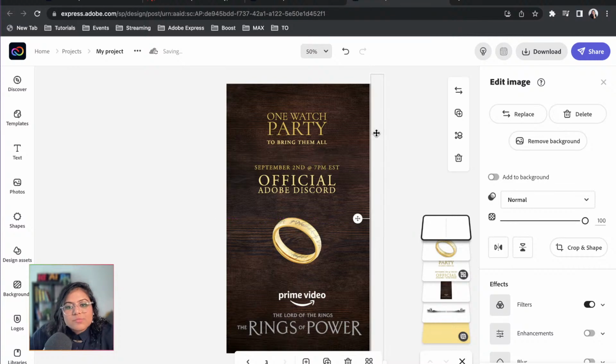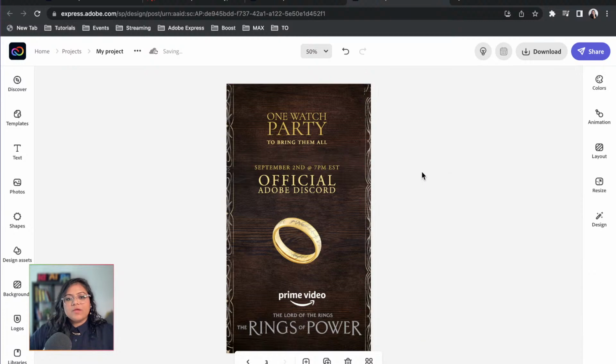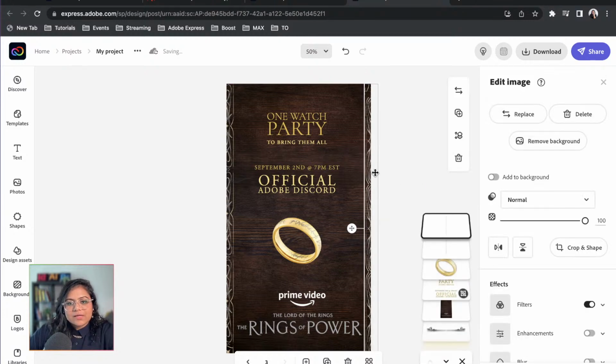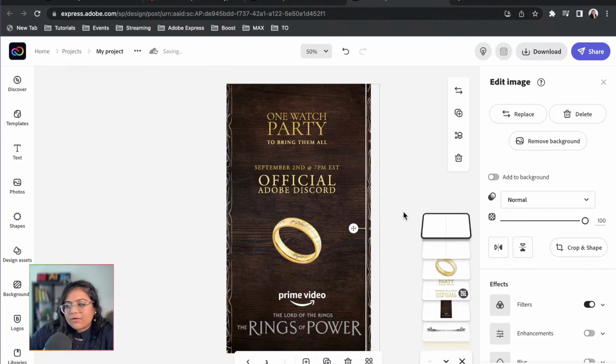Maybe I want to use my arrow keys for it, so I'm gonna use my arrow keys, and then I'm gonna click this icon, which will duplicate everything, and then I want to bring it in, so I bring it like so, and then this guy is like here. Okay, yeah, I feel like this is doing it. I'm gonna scooch it up just a little bit, just so that there's padding around the logo. You really want to take care of that.